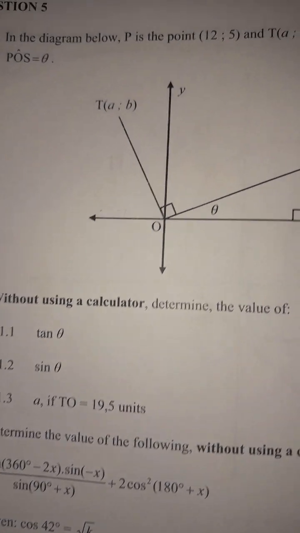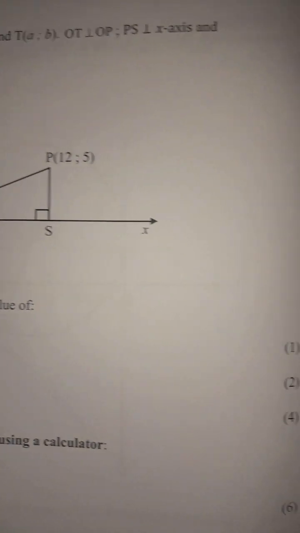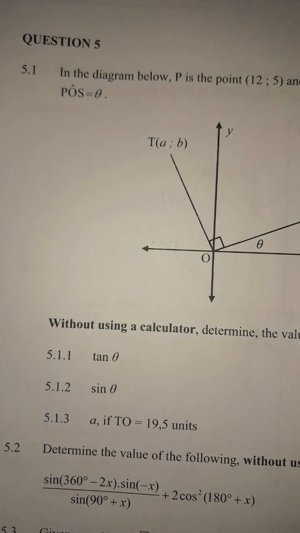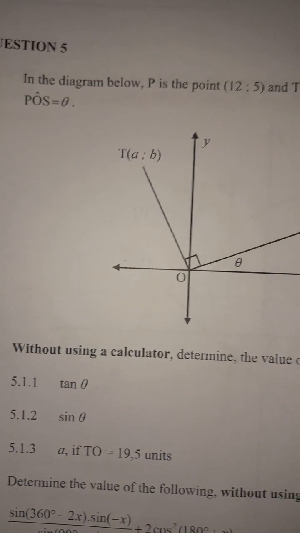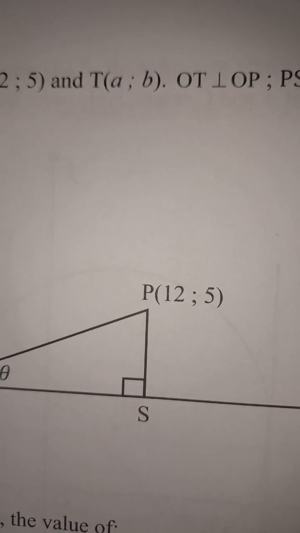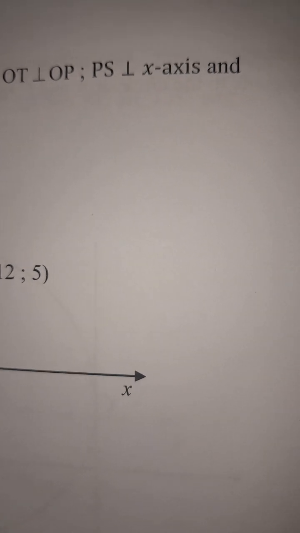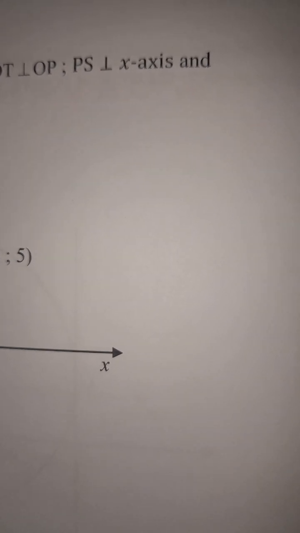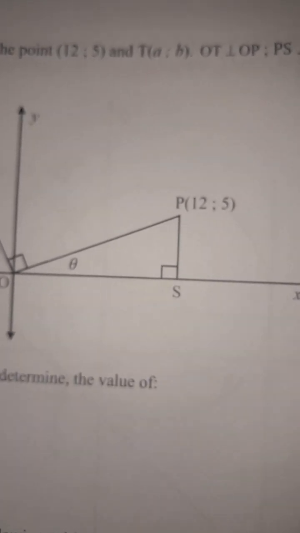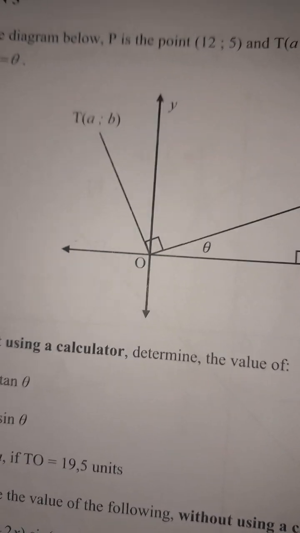The first one, guys, we are given a Pythagoras diagram here. This is a diagram question. First thing first, as you can see there, guys, it's in the diagram below. P is the point 12 and 5, and we're given T with unknown variables A and B, and OT is perpendicular to OP, and PS is perpendicular to the x-axis, as we can see from this path here, right? And right, so first thing, guys,